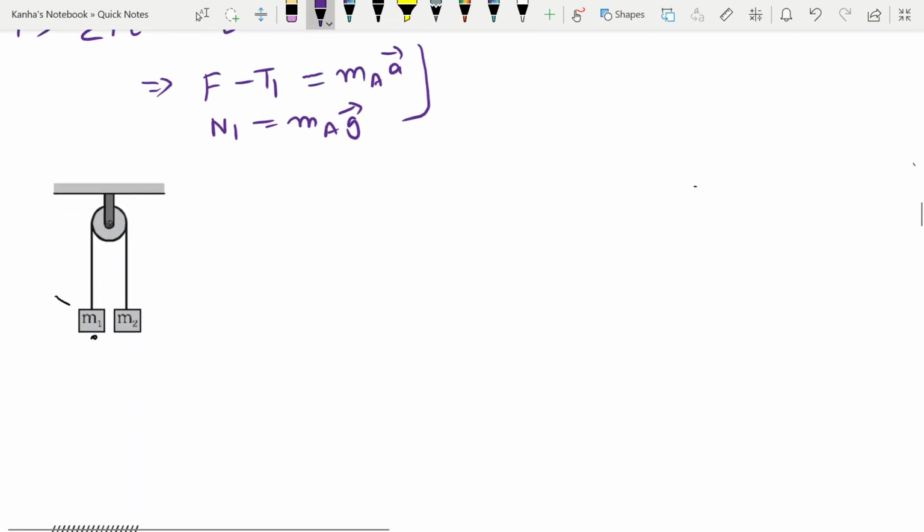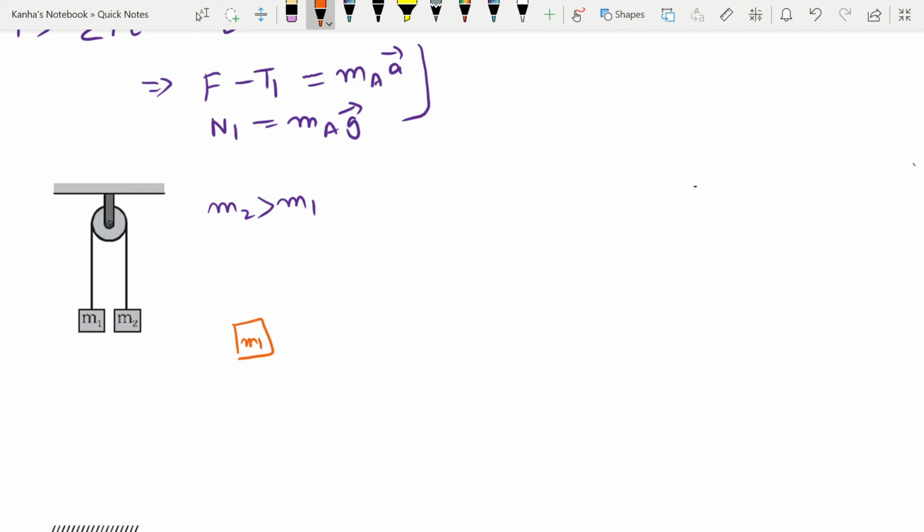Okay, let's move to another system. This is another system of two pulleys. Now in the previous one that we studied, both of them were at rest. Now let's assume that M2 is greater than M1. So now you need to make the free body diagram for this. Note that I'm only making the free body diagram and writing the equation because that is all you need to do in these questions. They can ask you for different things, but they are basically just linear equations that you can easily solve. So let me make the diagram for M1.